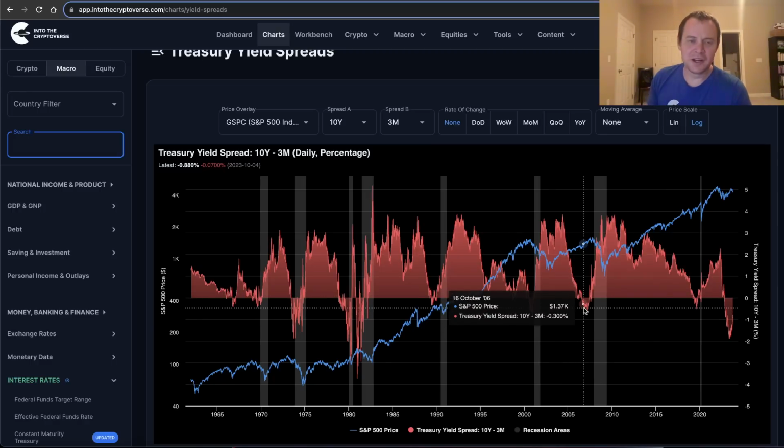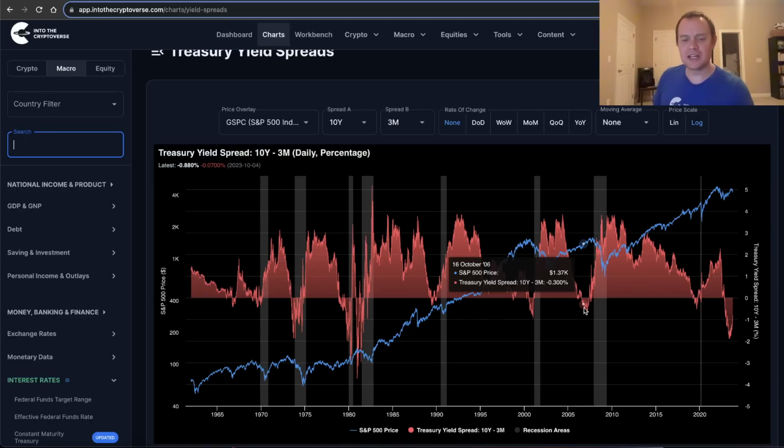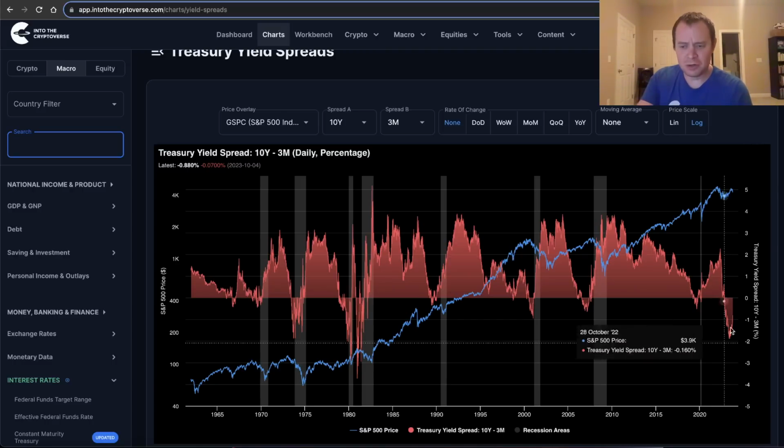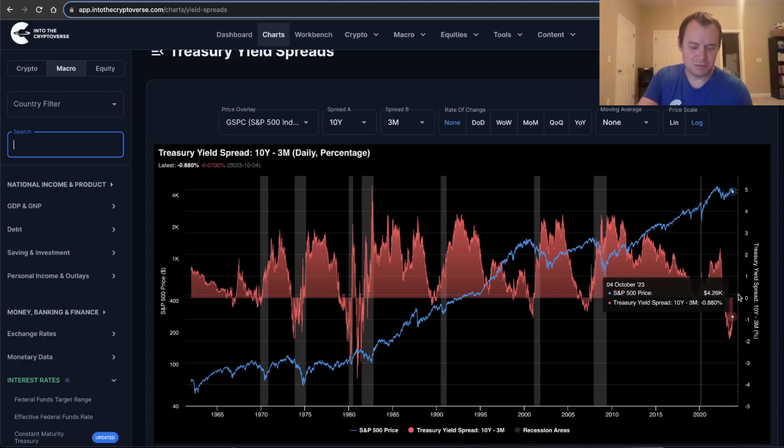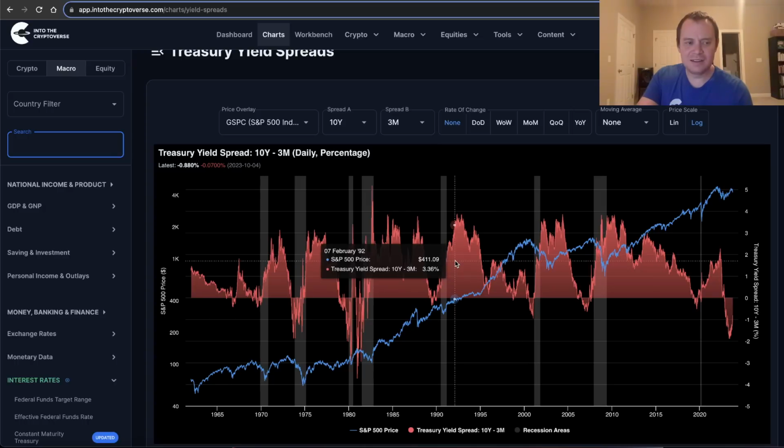I think the hard part is that, and Powell has said this himself, interest rates induce long and variable lags. So we don't exactly know how long it takes or how it filters through the economy. But the issue is that we get all these interest rate hikes and then nothing happens. And then people feel this false sense of security, like, all right, we survived the rate hikes. We're at 5.5% and nothing bad has happened. The S&P is still at 4,200 and we can all just go on our merry way. And then what happens normally is we go into a recession, right?